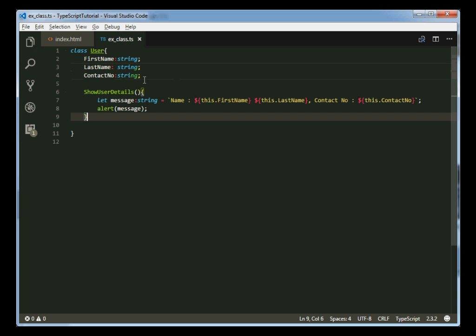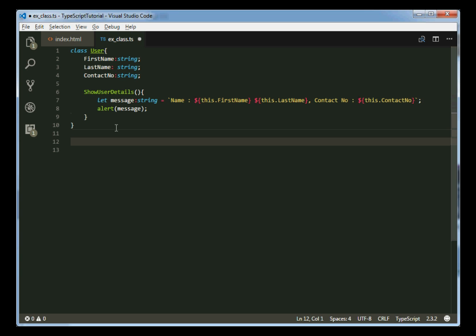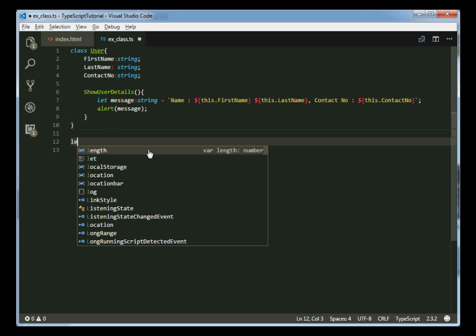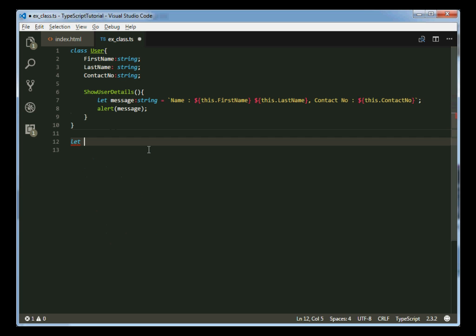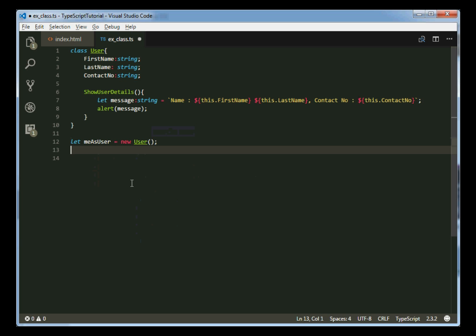So this way we can create one class, and if I want to create one object using this class, I will add one variable. Let me explain. me as user is equal to new User. Okay, and now we can write user dot first name equals to